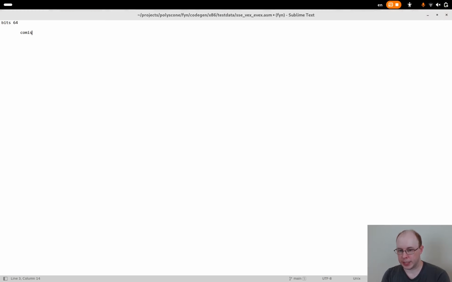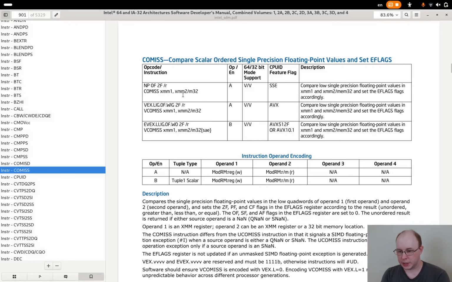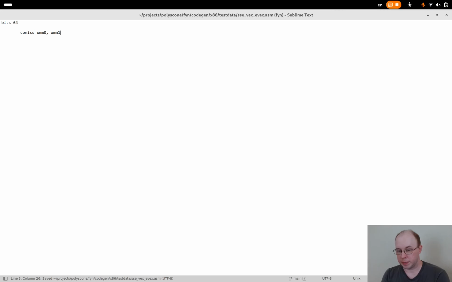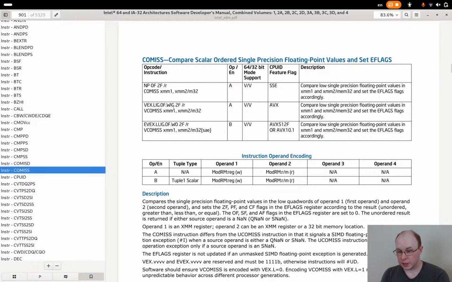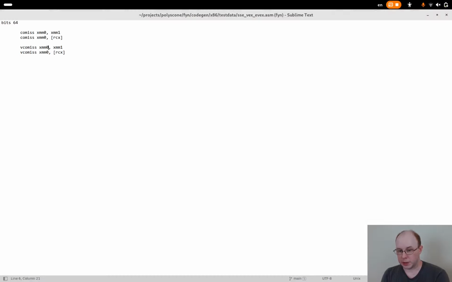So this is a COMISS XMM0, XMM1. The other form for this is memory, so we'll do RCX here. Then we've got the VEX version, which is VCOMISS. These also just have two operands with the same operand encoding. So this one is fine as VEX, and then we've got